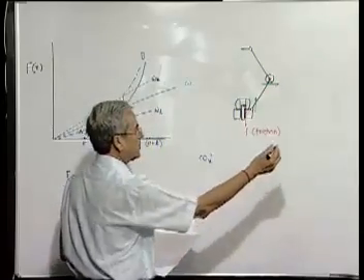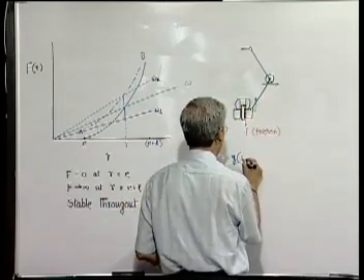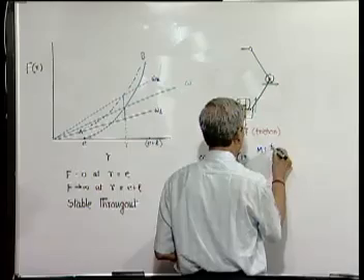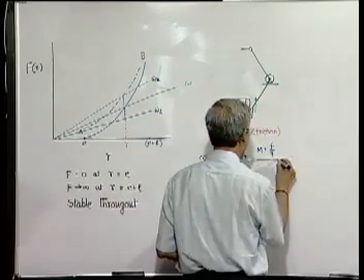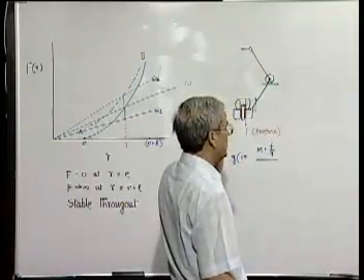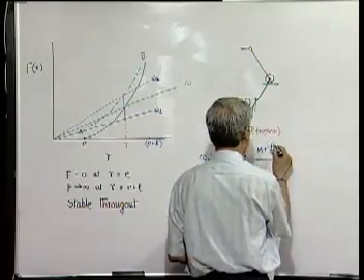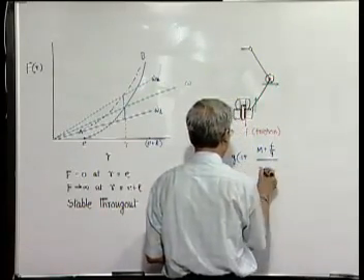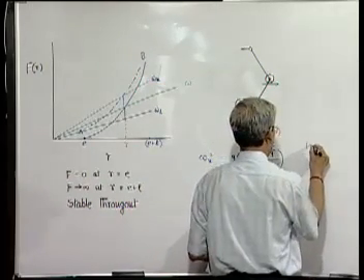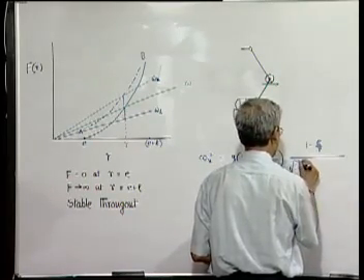We can find it out that this will be, as I mentioned, g into 1 plus, the effect of the friction force will be nothing but to add the force in this direction. So total force is mg, which will now be mg plus f. So therefore what we do, we add m plus f by g, because g has been taken out. So the expression for the upper speed limit